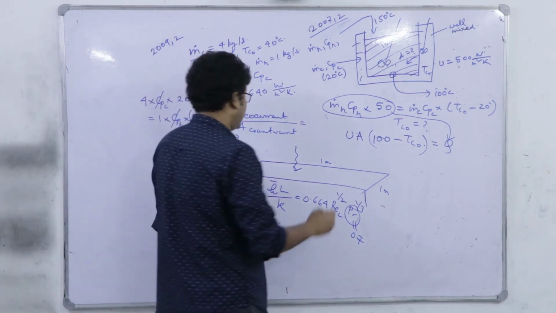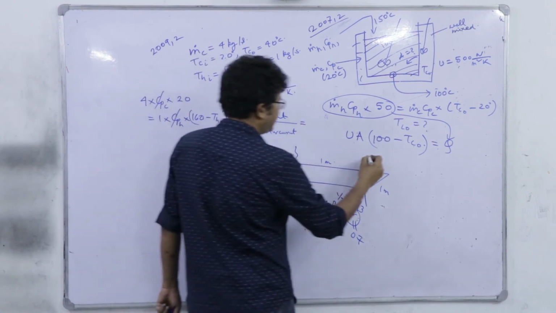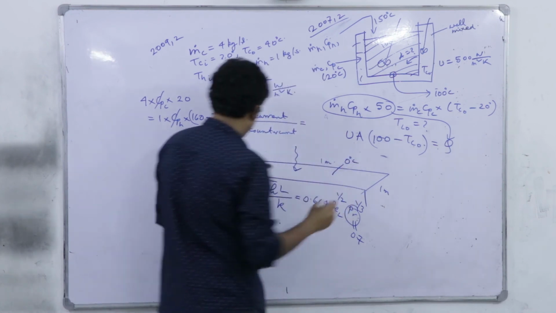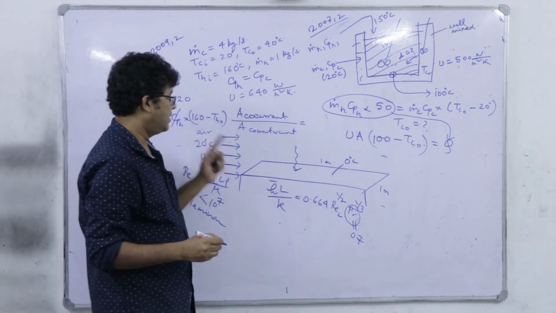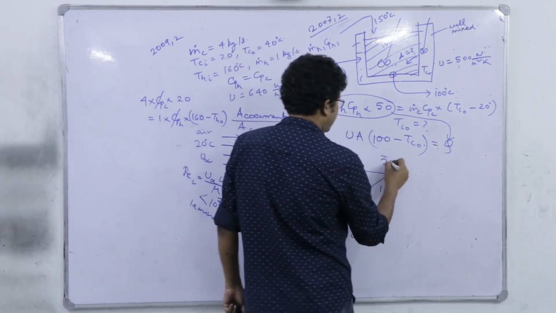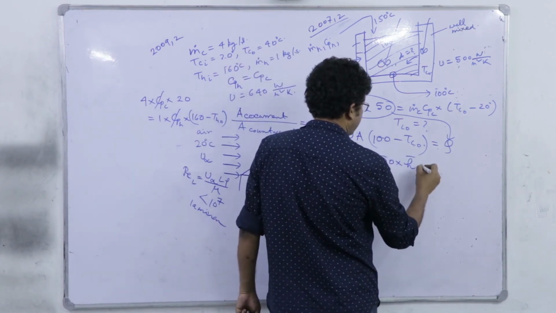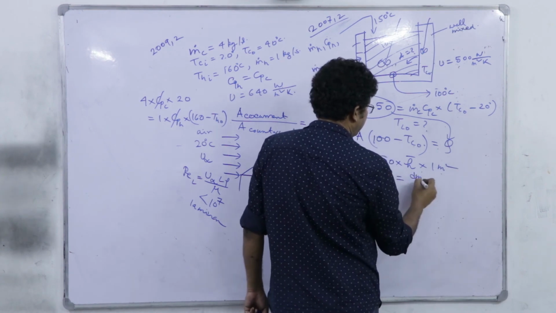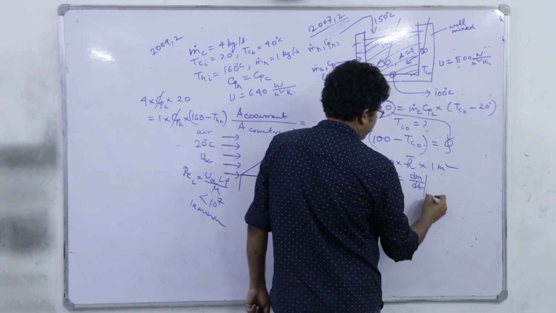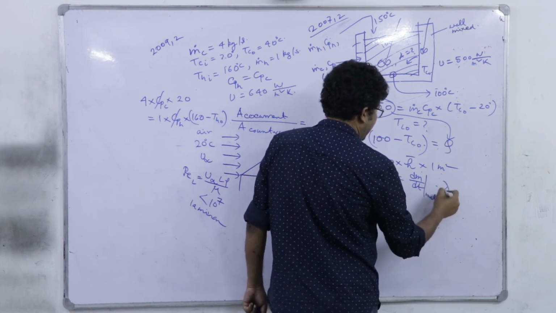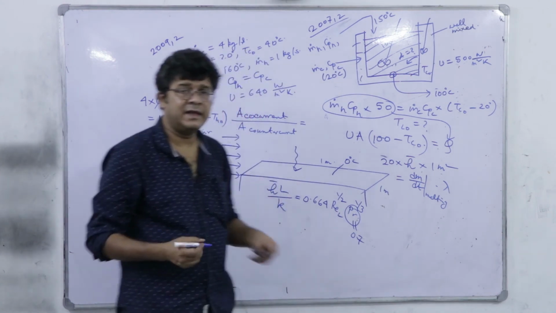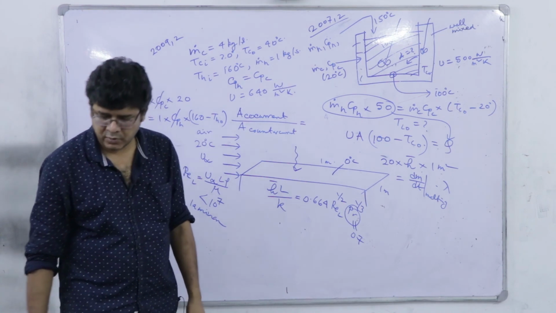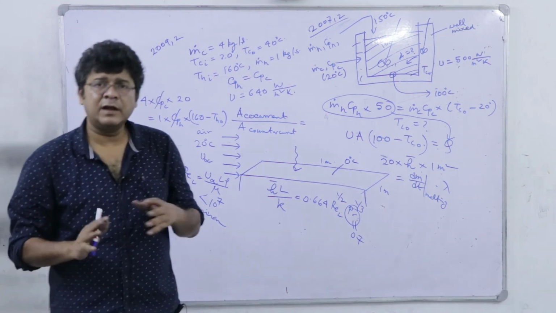Now once you know this h bar and you know the temperature, so temperature difference, see here the ice is at 0 degree, so temperature difference is 20 degree. So 20 degree into h bar into the overall area, that is 1 meter square, is equal to dm dt melting into lambda, which is the latent heat of ice, and that's 80 calorie per gram. So from there we can solve for this dm dt. Okay? So that's all about the convection.